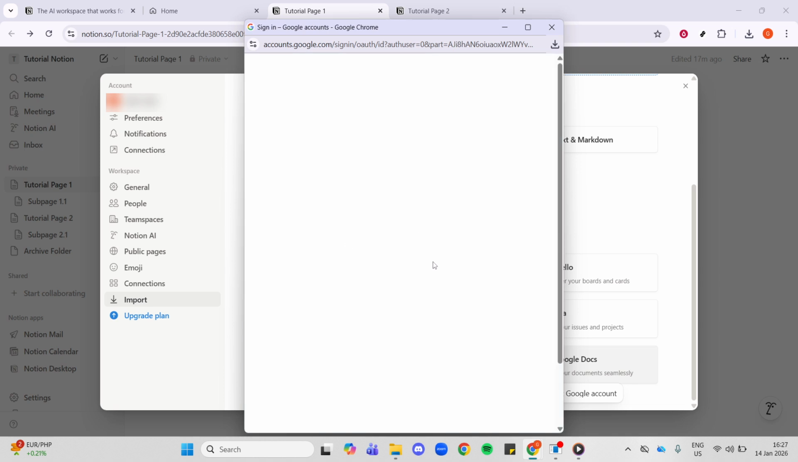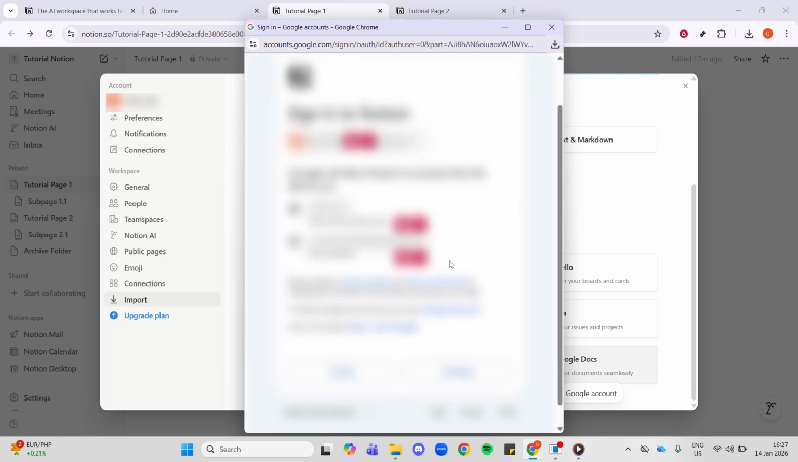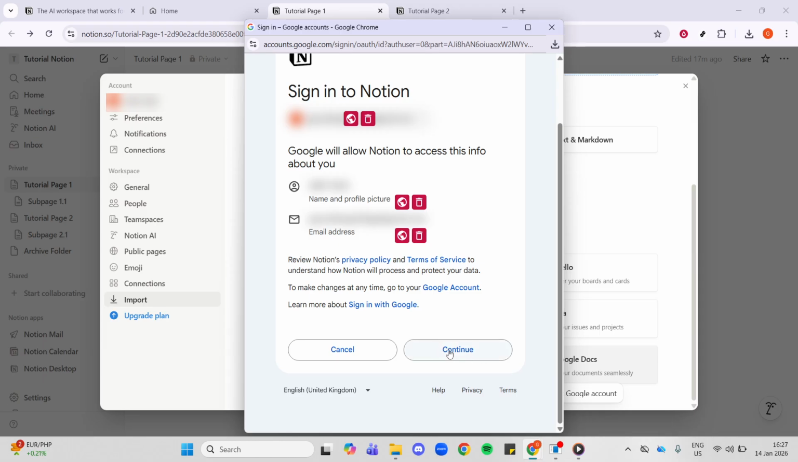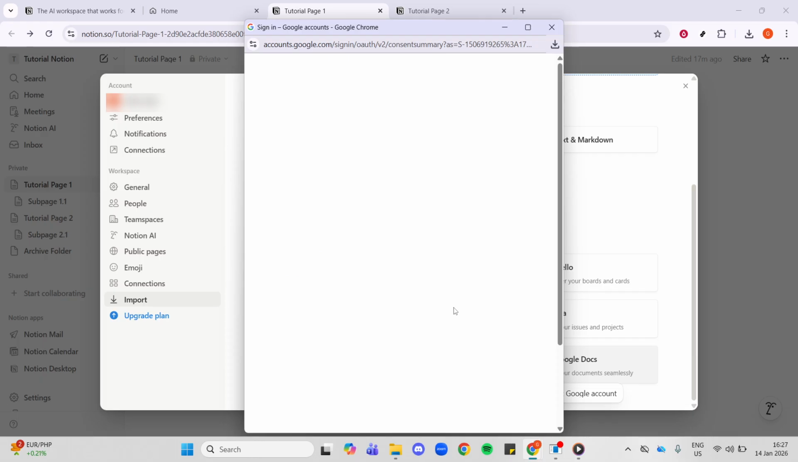If your organization manages your Google account, you might see an admin notice. That's normal. Just proceed with the allowed options. For the smoothest experience, make sure you're signed into the correct Google account in your browser, especially if you juggle personal and work profiles. Once your Google account is connected, Notion will display your docs so you can select what